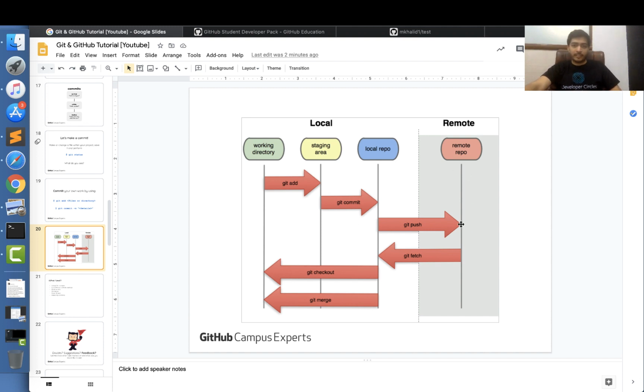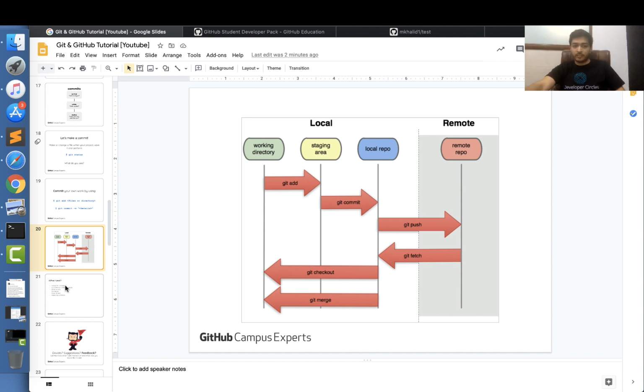And 7 days later, when you come back, you would want your working directory to be in sync with whatever changes they have made to the project before you start working on the next set of features. So for that, you first have to fetch and merge those changes in your working directory. And once you're done, you can then continue to build on that project.